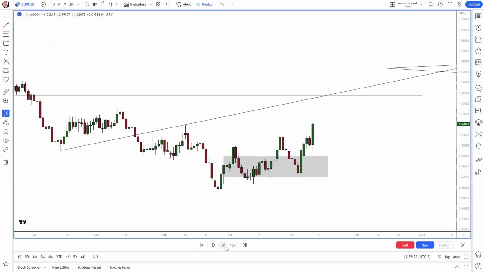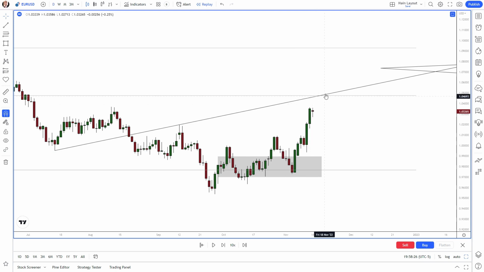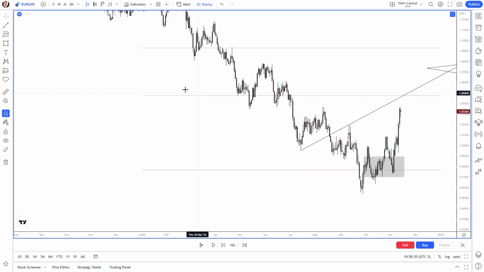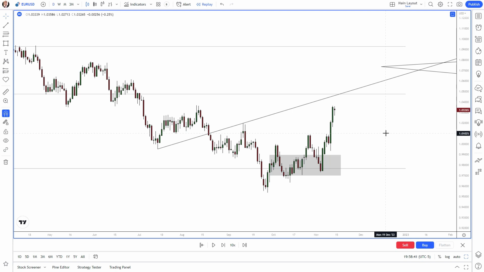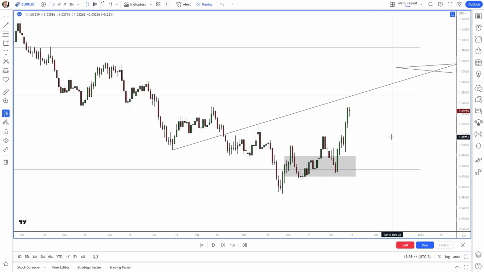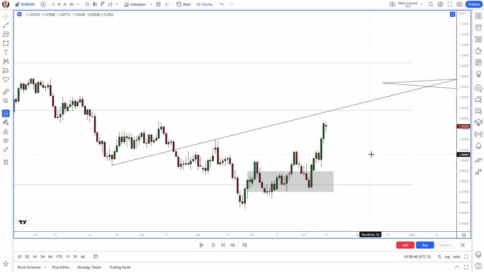If you move forward, you can say, okay, I'm going to get out at this trend line right over here, and you can even see these pivot zones that I'll make a video on. But this also helps guide you. I don't draw any type of major support and resistance levels on the chart. I let the pivot zones do it for me, and I use trend lines, the support and resistance trend lines, to kind of guide me on where I should be looking for the market to move. Is it going to go higher, or is it going to stall out